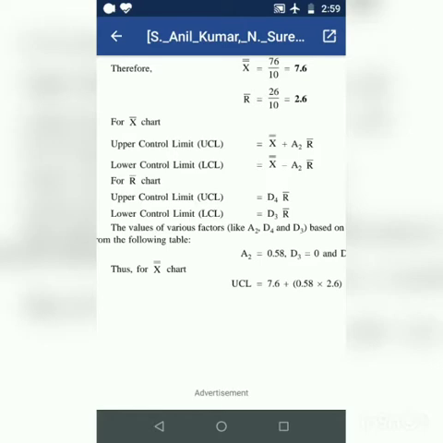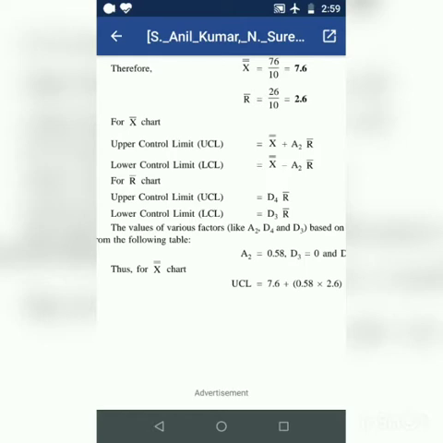These are two formulas for mean chart, and for R chart we have to use the formula of upper control line and lower control line. For upper control line the formula is D4 R bar, and for lower control line the formula is D3 R bar. So as we have discussed in the previous video, how to calculate x double bar